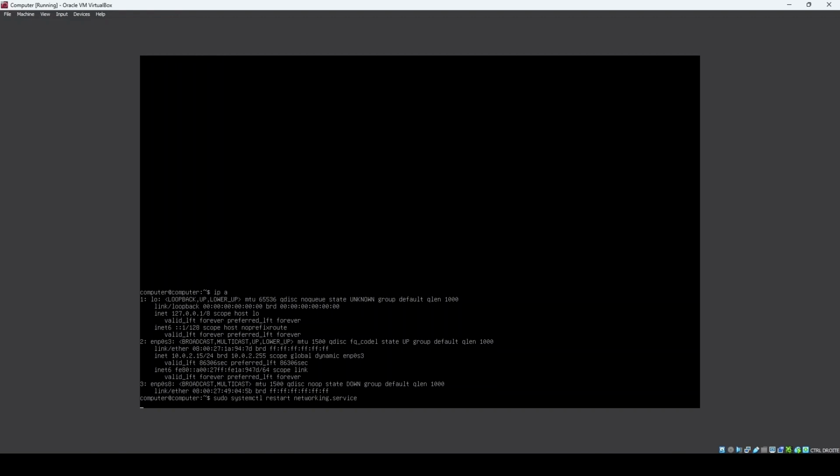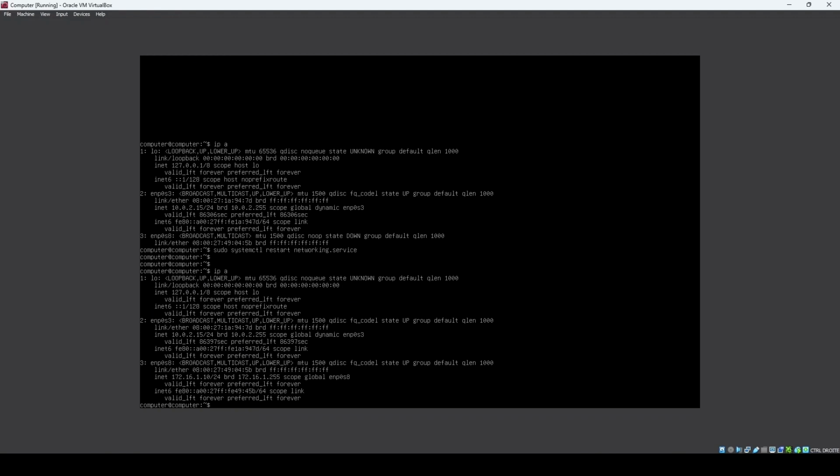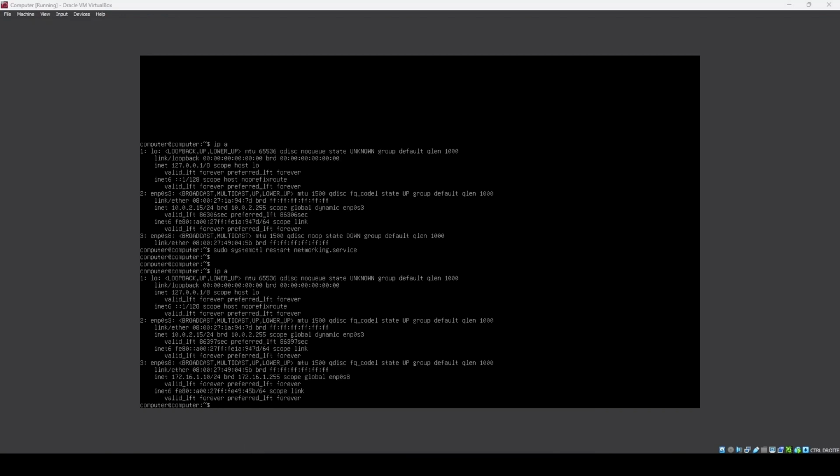It's gonna take some time, around 10 seconds. And then if we do ip a again, the IP is up. As you can see, enp0s8 has an IP. And now if we go on our computer, open a terminal,